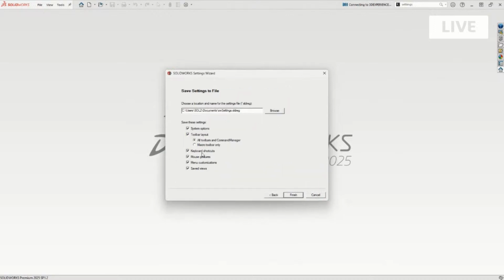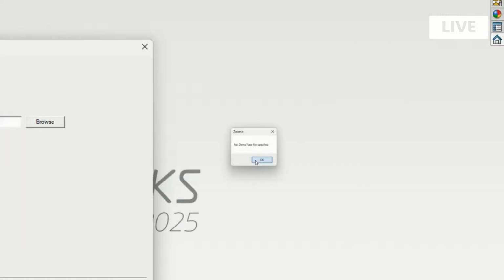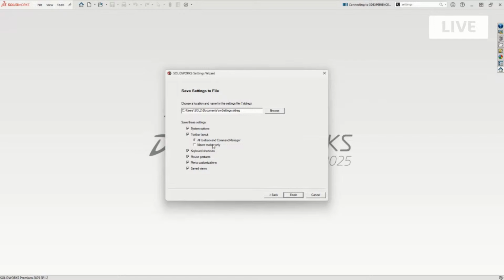And then it not only gives you the ability to save out a registry file there. Sorry, the Zoom's acting up a little bit. It also gives you the ability, if we have the screen maximized here, you can probably see, to customize what is stored in that settings file. So you'll see system options, toolbar layouts, keyboard shortcuts, mouse gestures, menu customizations, and saved views. And then if you finish, it will, in that location that's specified here, save out that SLDREG file for later